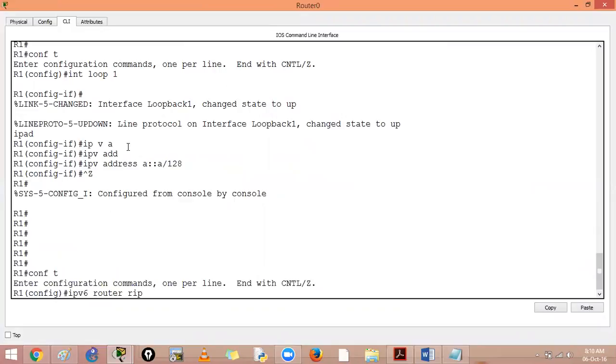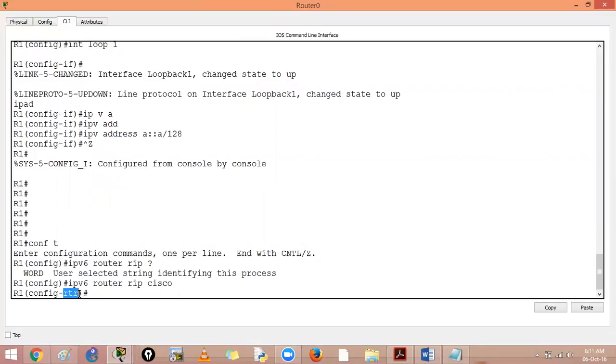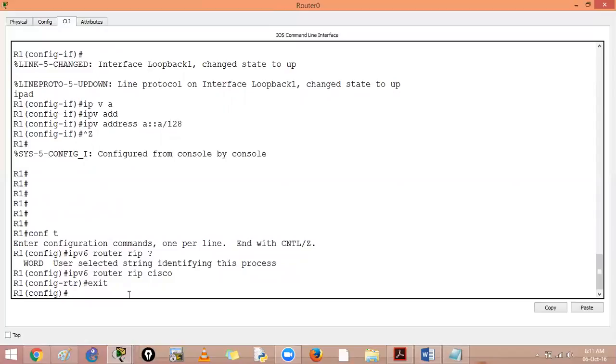How many instances of RIP were you able to run? It was only one previously, because now here you can give it a name. So you can have multiple processes. The way to start RIP over here is IPv6 router RIP, and you can say Cisco, for example. I am now in the routing protocol configuration mode, but this is IPv6 related. If I did not give the unicast routing command, then it would have given me an error over here. But IPv6 router RIP Cisco, and now you have to simply come out because there is no network command, and